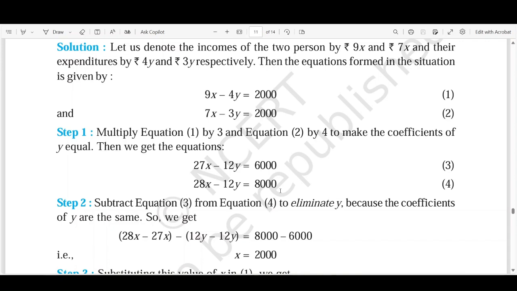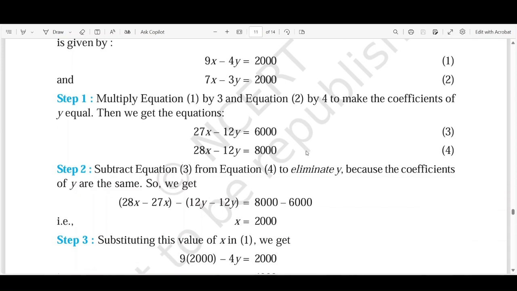But now, using the elimination method, we try to eliminate one variable by multiplying one or both of the equations by appropriate constants so that we can eliminate any one variable. Clear? So here they are multiplying the first equation by 3 and the second equation by 4. So equations 1 and 2 now change to 27x minus 12y equal to 6000 and 28x minus 12y equal to 8000. Now we need to subtract the first equation from the second equation so that we will